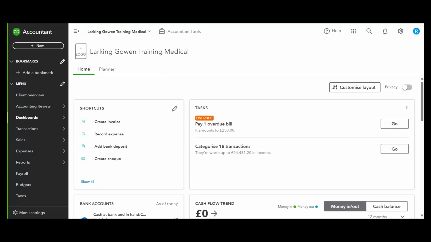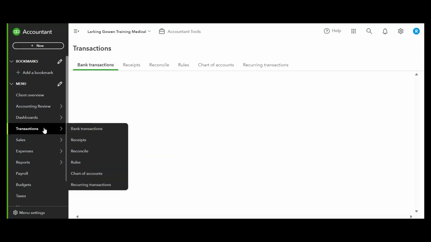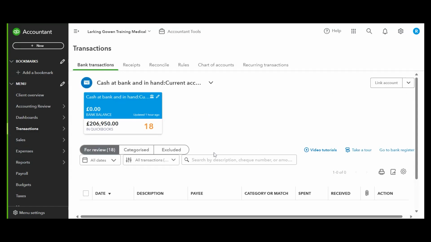Today I'm just going to show you a brief training on how to prepare credit notes on expenses on QuickBooks. This is a question that we get asked quite regularly because it can take a few steps to prepare these. So for example, I'm going to show you here on our QuickBooks, you'll see on the bank transactions,